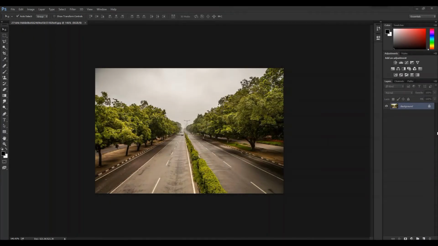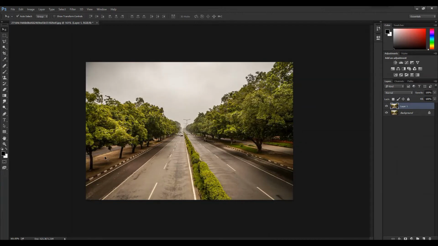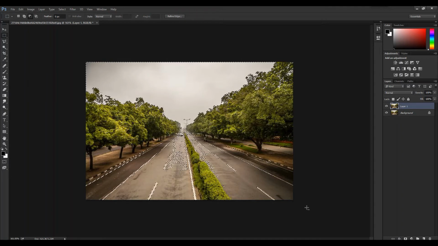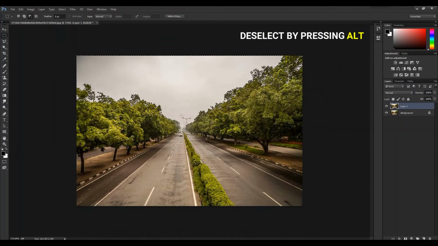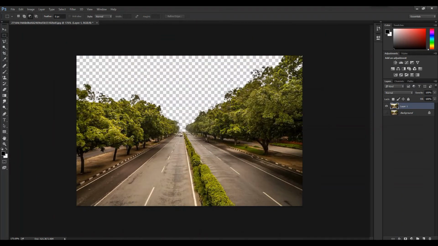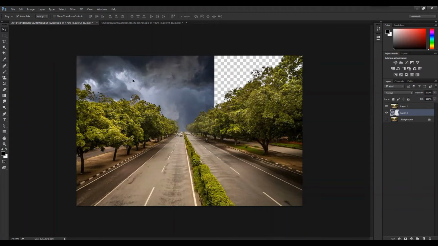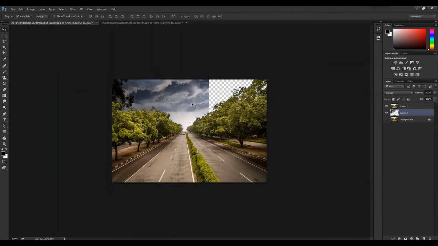So this is the image which I have selected. First, let's make a duplicate. So the first step is to change the clouds as we want to bring in that dense rainy effect. You can select any image from Google which will best blend with your image. For example, I have taken this particular image of cloud.